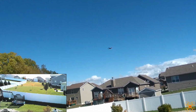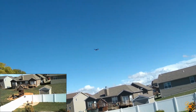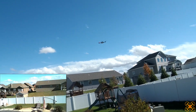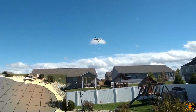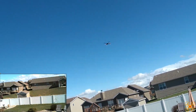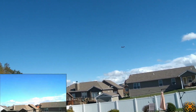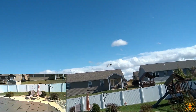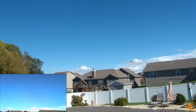So overall, I don't really have problems with this drone. I have another thing I want to mention that I didn't mention yet: I have no lag in my controls. None while connected to the Wi-Fi. Sometimes you see that. I've heard that one person had lag issues. I don't know what's up with that, but